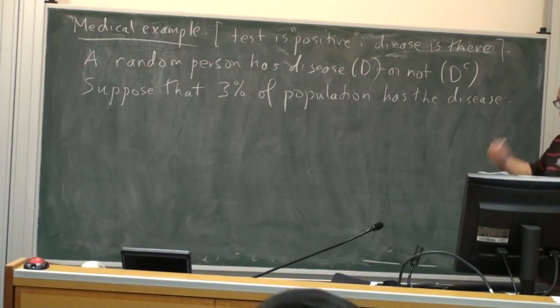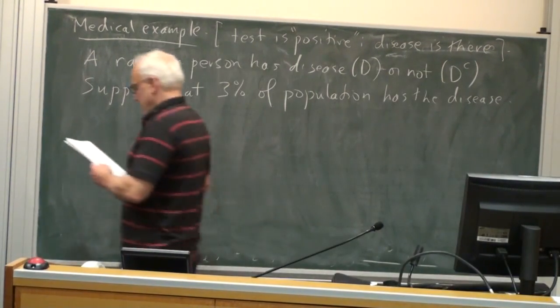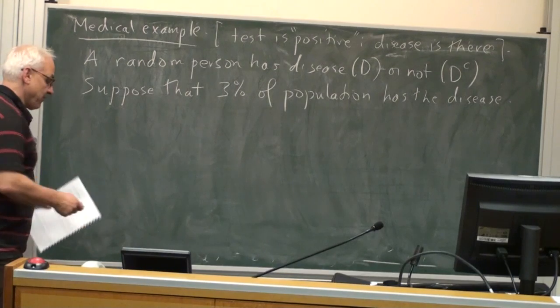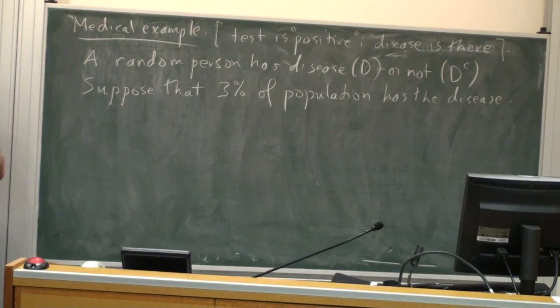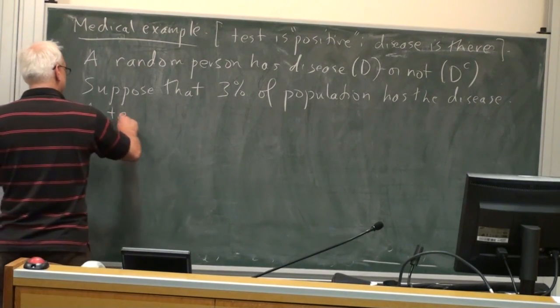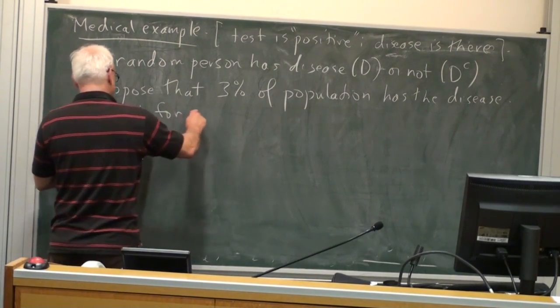And now there's a certain test. The effectiveness of the test is slightly different depending on whether you actually have the disease or not. It's not a question of whether the test is right or wrong in general. It's a question of whether the test is right or wrong if you have the disease, and whether it is right or wrong if you don't have the disease. So you take a certain test, a test for the disease D,